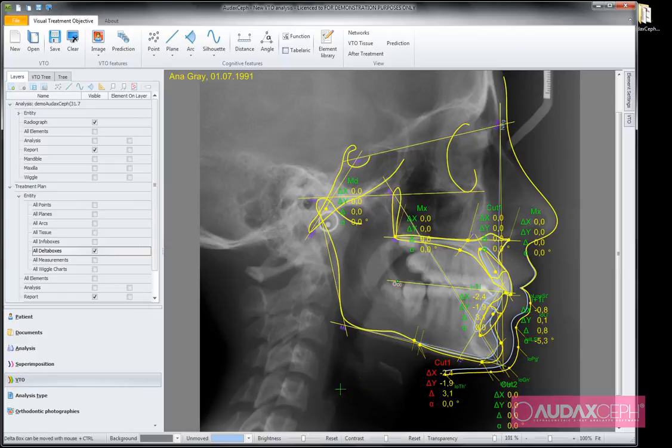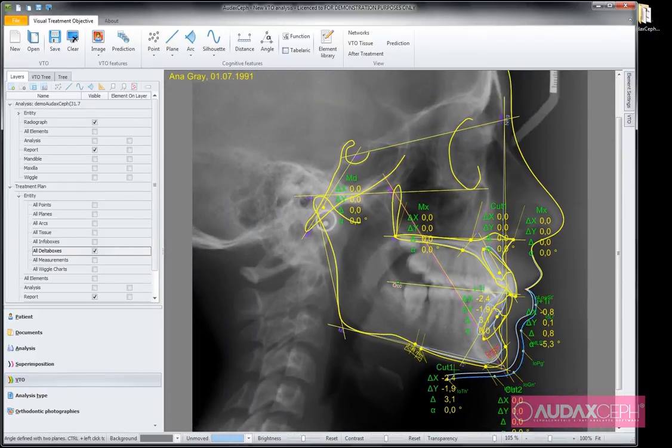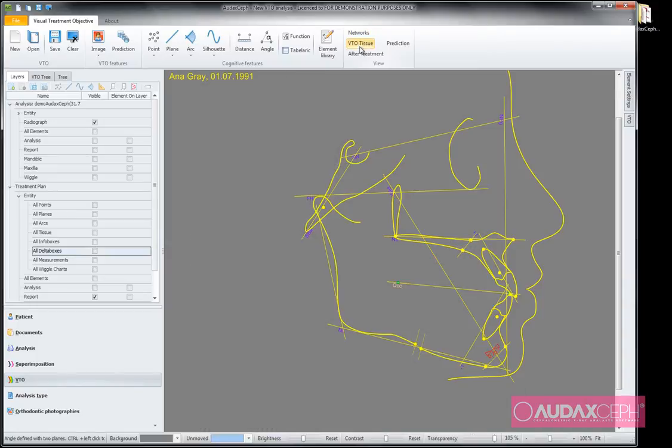And one thing is also, as I said, I can do for example measurement from here to here, or I can create some angle measurements, for example from this to this, so it's 07 something. And when I am done with that, I can switch off delta boxes. I can go through different presentations, how it will be after treatment. So VTO tissue,